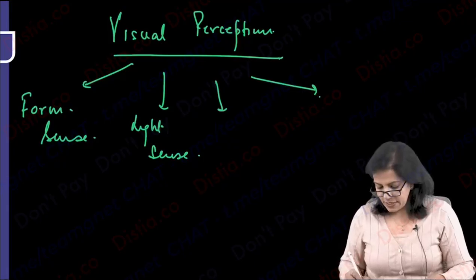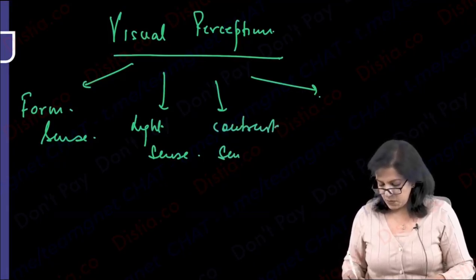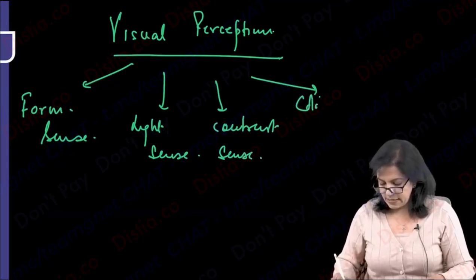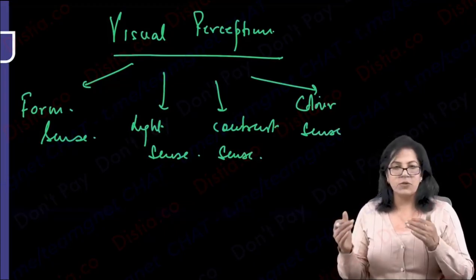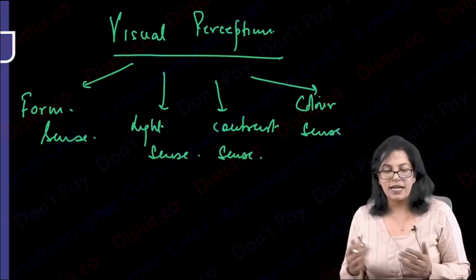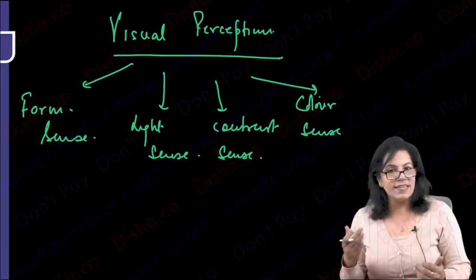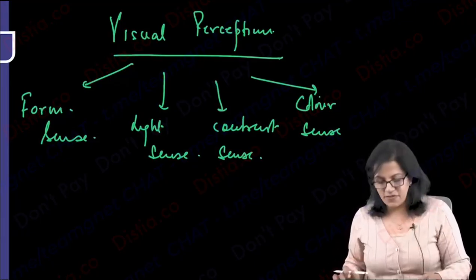Third is your contrast sense. And fourth, write down color sense. Okay, we'll take one by one. Contrast, sharpness of image, and color sense is when you perceive the color. So we take one by one. First is your,